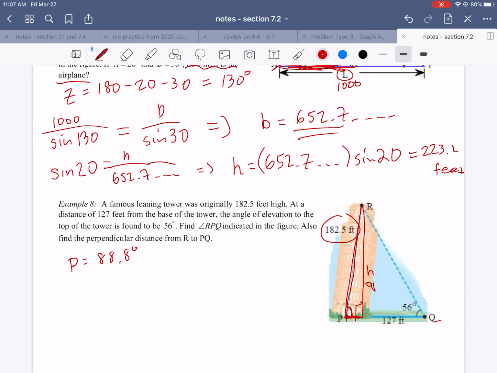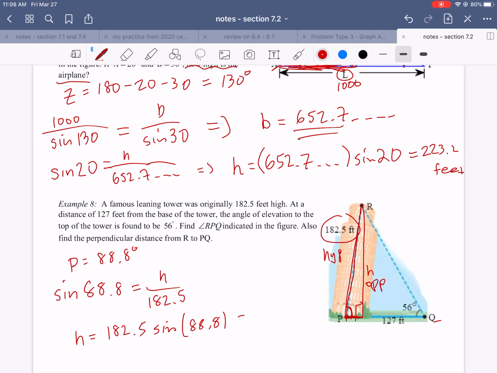And so this h is the opposite side. This 182.5 is the hypotenuse. And so we are going to use sine of 88.8 is equal to the opposite side, which is h, divided by the hypotenuse, which is 182.5. And so therefore h is going to equal, when I multiply both sides by 182.5, 182.5 times the sine of 88.8. And punching that into the calculator, rounding to the nearest tenth, is going to give you actually 182.5 feet,